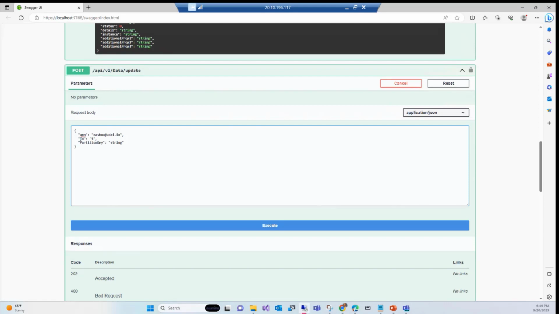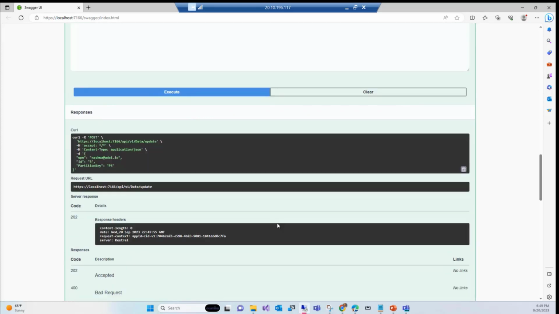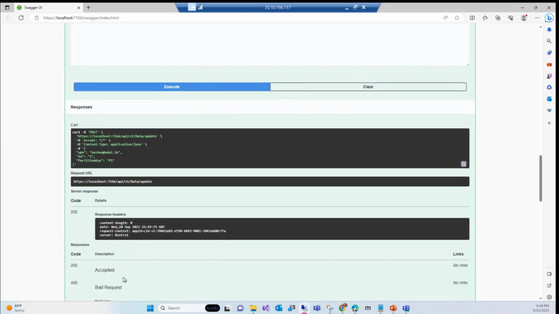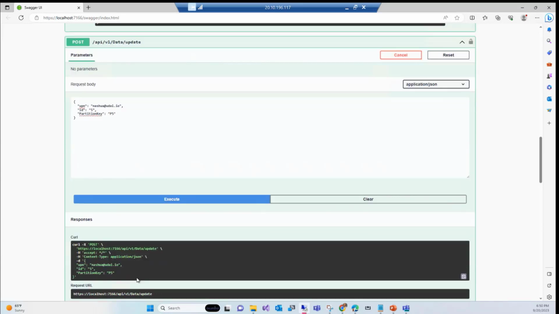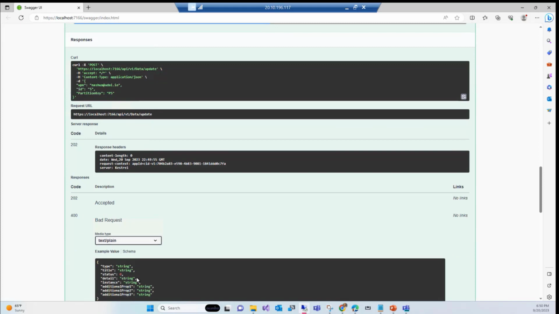Partition key, and this is P5. P5, execute. Accepted. UPN ID, partition key P5. That should be working.